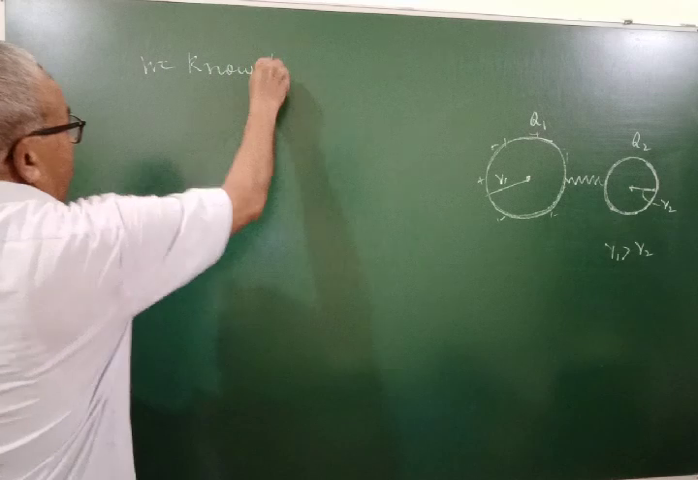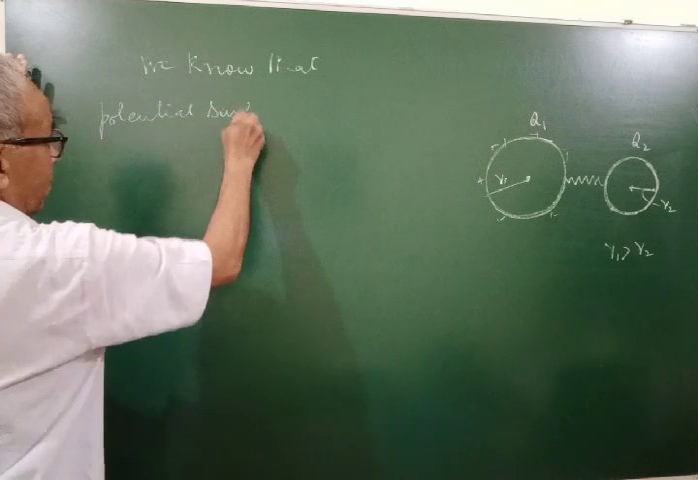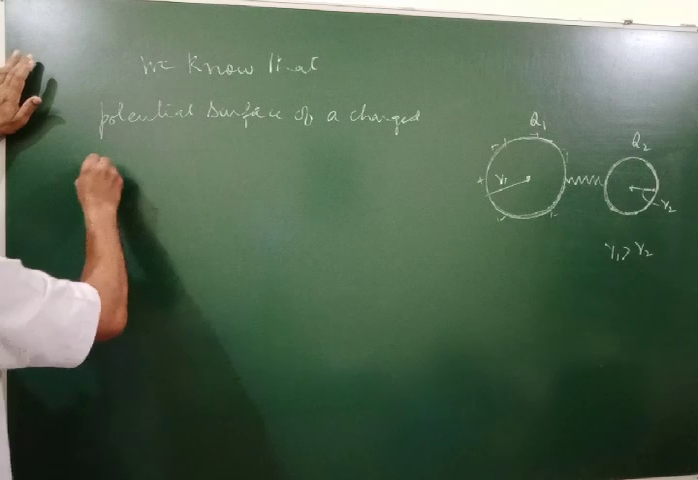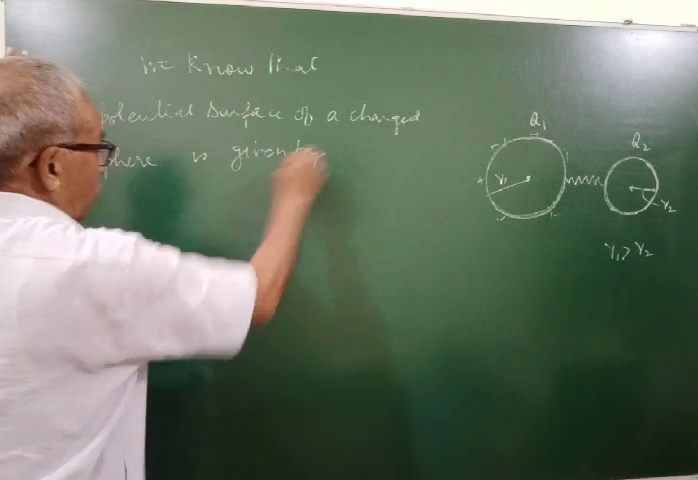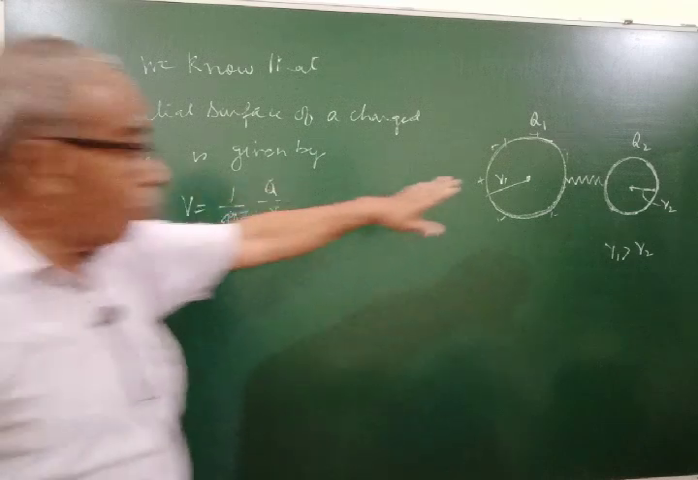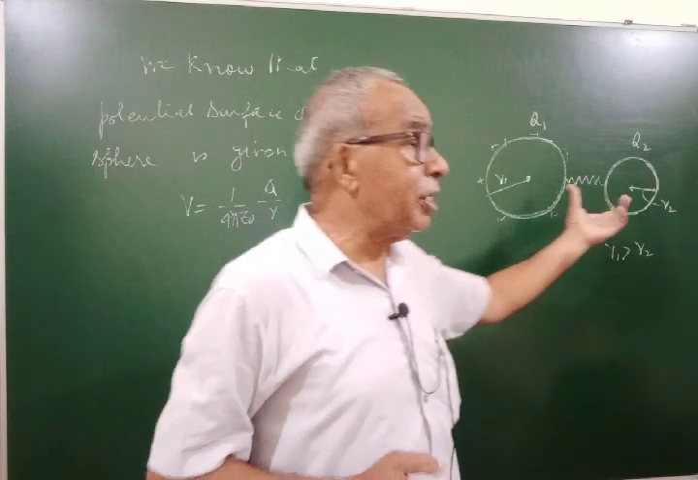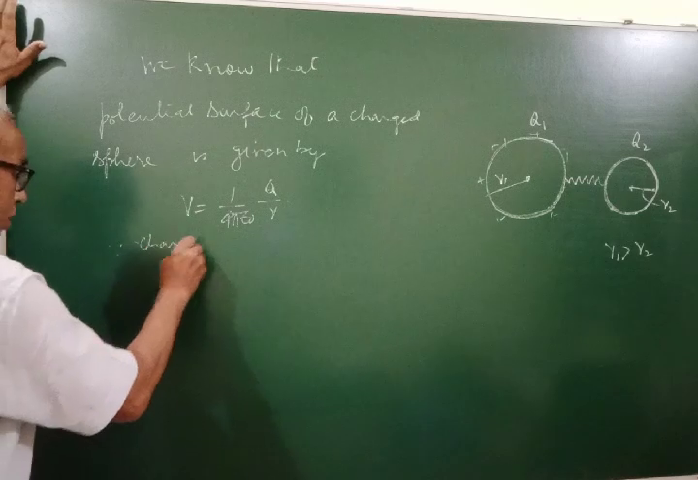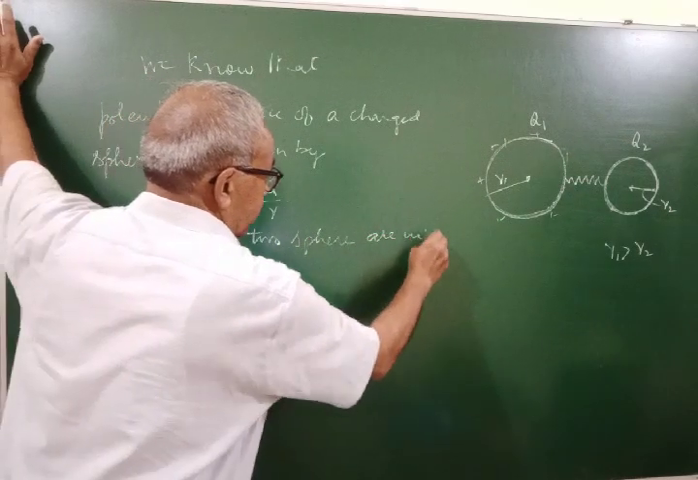And we know that the potential at the surface of a charged sphere is given by V equal to 1 upon 4 pi epsilon 0 Q upon R. The potential at the surface of the two spheres is the same because charge is not flowing. It is in static condition. So we can write here, since the charges on the two spheres are in static condition,